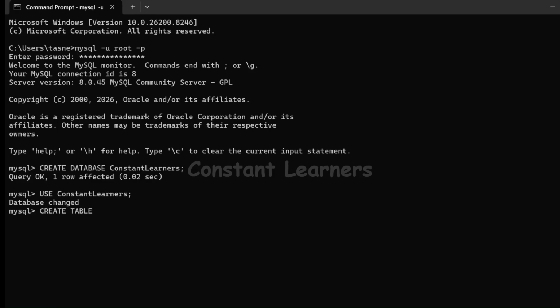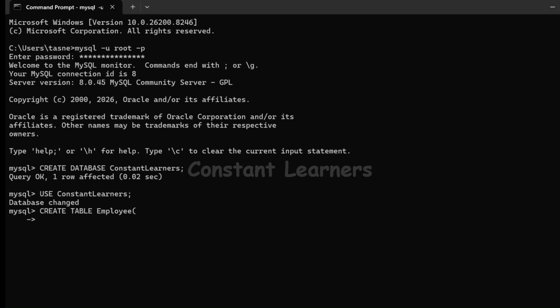So to create the table, we use create table, and the name of our table will be employee. We can take any name for our table. I'm using the name employee. Alright. Now, our job isn't done here. This is just the beginning. So we start with a round bracket and enter.